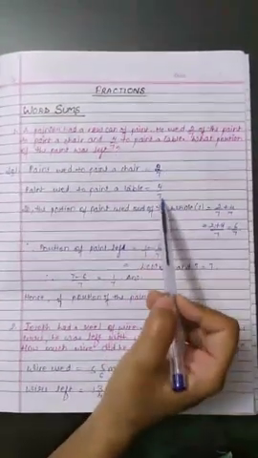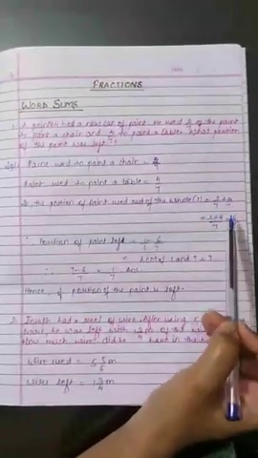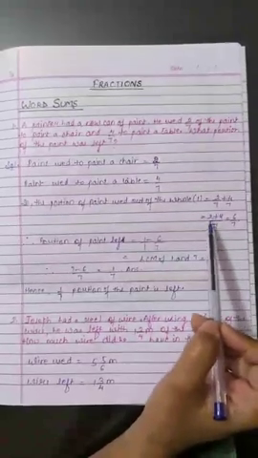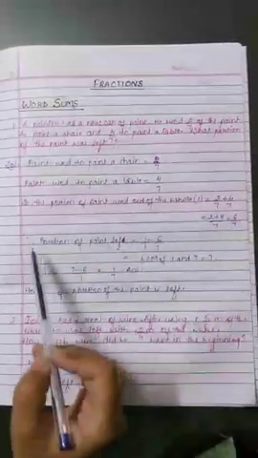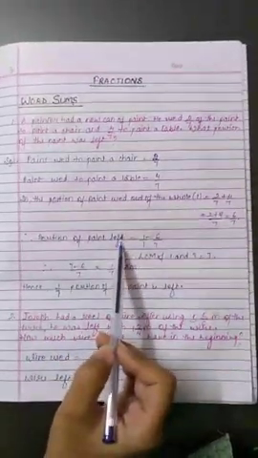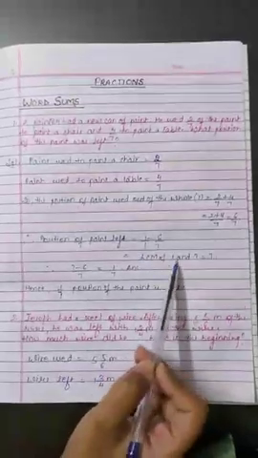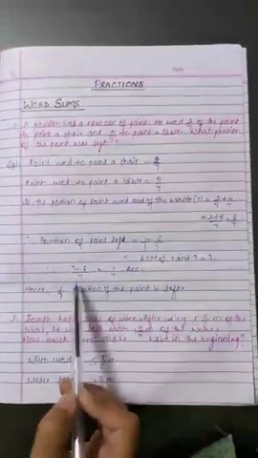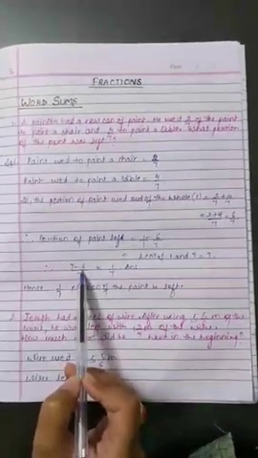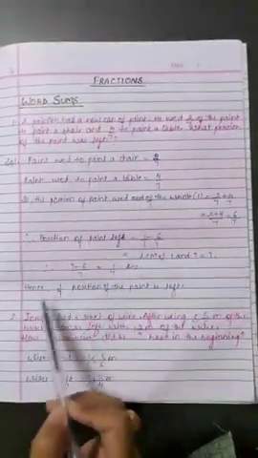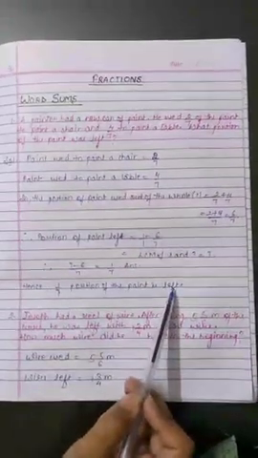So we'll add up these two fractions, 2/7 and 4/7. As these are like fractions, we'll add like this: 2 plus 4 upon 7, that makes 6 upon 7. Therefore, the portion of the paint left is 1 minus 6/7. And the LCM of 1 and 7 is 7. So we'll take the LCM as 7, and in the numerator, we'll write 7 minus 6, that is 1 upon 7. Hence, 1/7 portion of the paint is left.